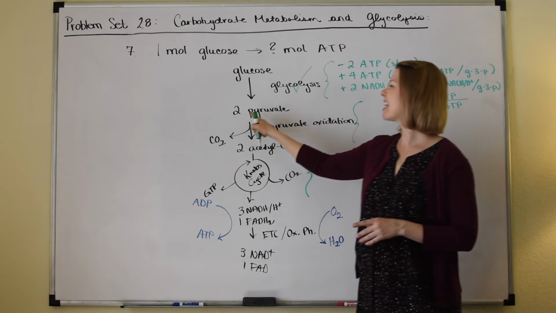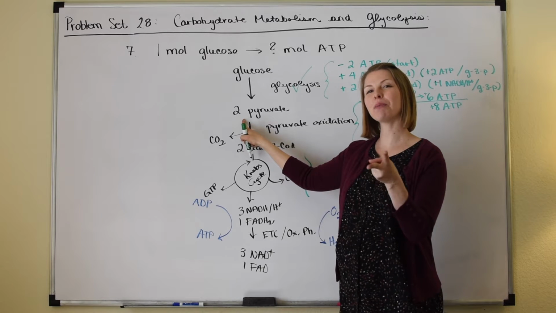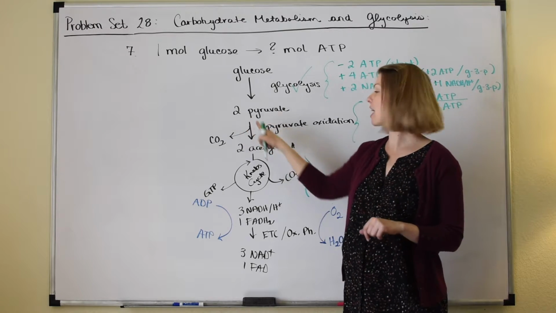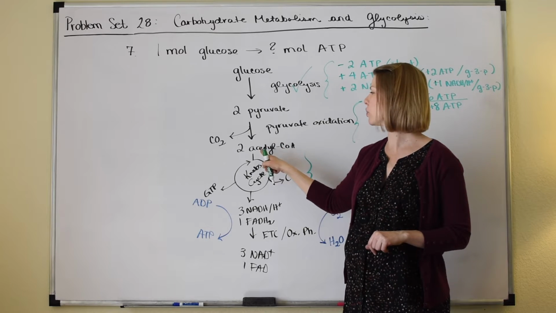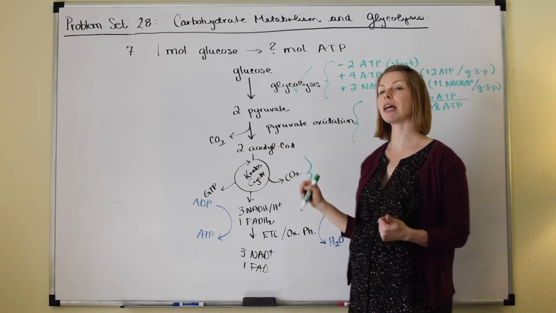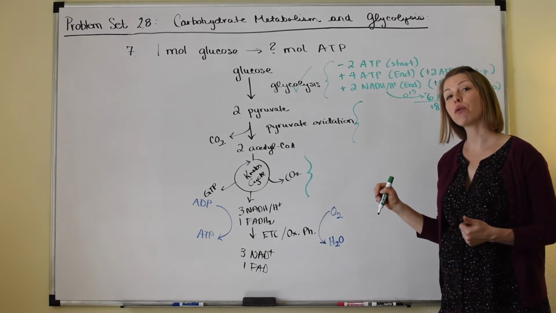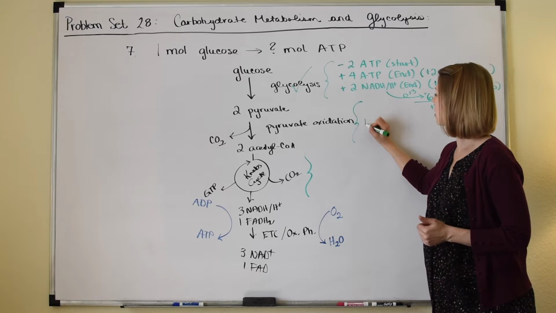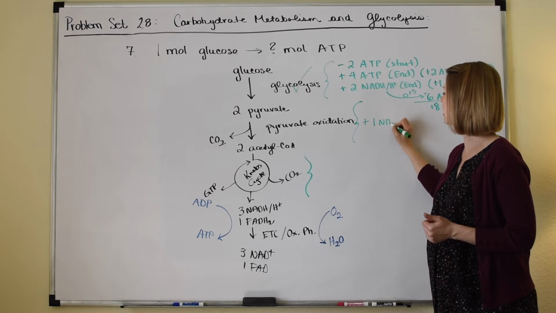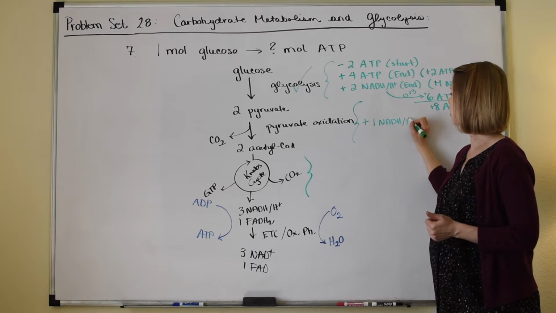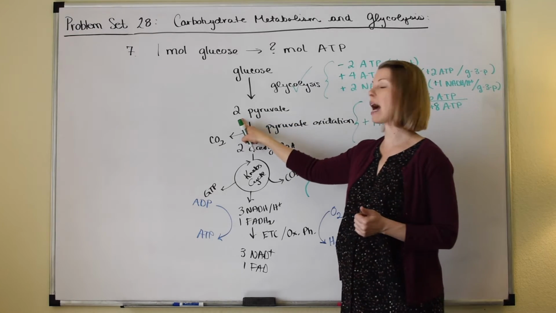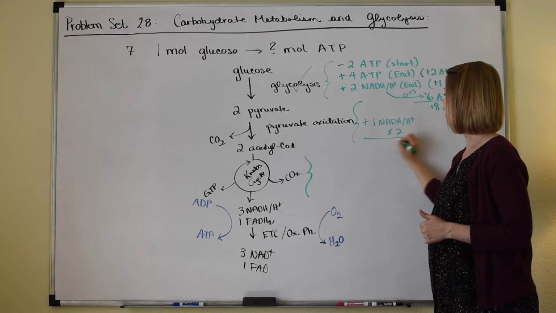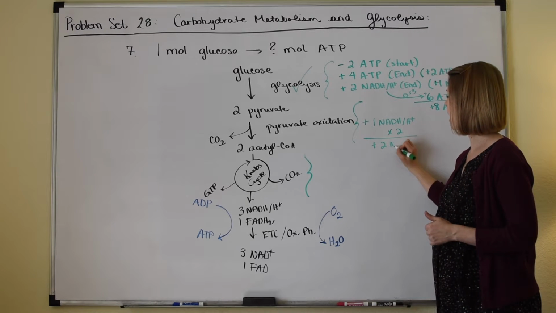All right, now from that process, we ended up with 2 molecules of pyruvate. Each of those molecules is going to be oxidized in complete catabolism into acetyl coenzyme A and carbon dioxide. So in order for that oxidation to happen, a coenzyme needs to get reduced. We get plus 1 NADH, H plus, but remember it happens twice, so times that by 2. We get plus 2 NADH,